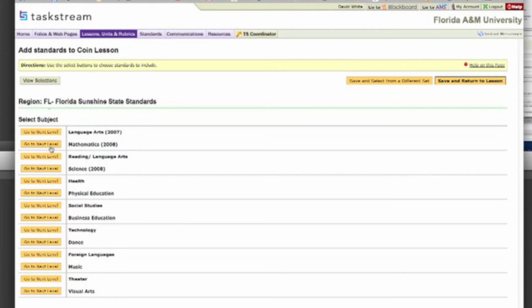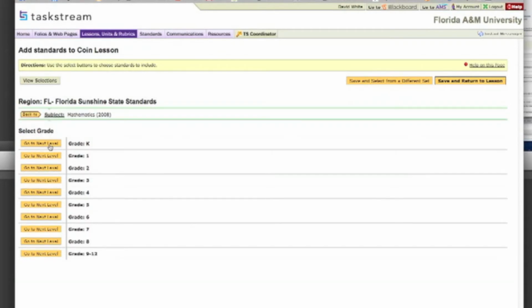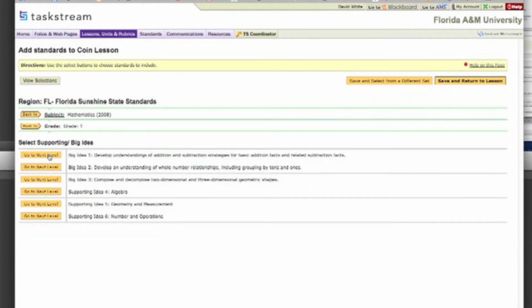Now, we're going to go to mathematics, and the grade level is K through first grade. Let's check first grade first. What the Sunshine State Standards do is do big ideas, and